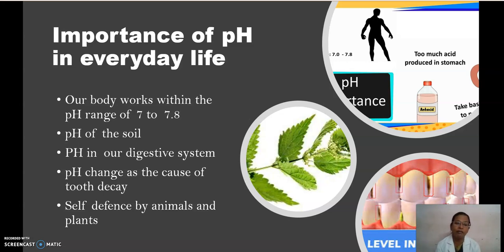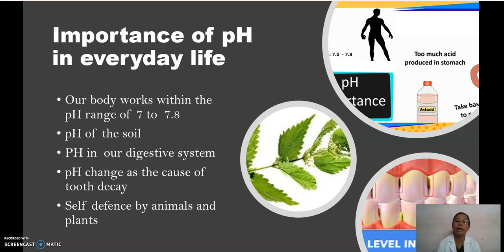Then life for the aquatic fish and plants will be very difficult, and it also affects the pH of the soil. For the farmers, for cultivation, we need the soil to be neutral. If the soil becomes more acidic or more basic, then also the crop will be less. So we have to keep our soil in a neutral condition. That is why in certain seasons we add organic fertilizers, and sometimes when the soil becomes too acidic, we add calcium hydroxide or basic fertilizers. Or if the soil becomes more basic, then we have to add organic acids.